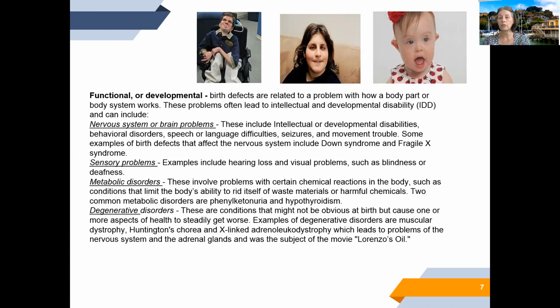Children can be born with hearing loss or blindness based on maybe intrauterine infection or TORCH diseases, the infections that cause congenital problems in children: toxoplasmosis, cytomegalovirus, herpes, syphilis during pregnancy. The metabolic disorders could be a child with something like PKU or hyperthyroidism, and if we don't identify that early, it can turn into a true intellectual disorder, because those disorders can cause developmental delay and loss of cognition in our children. And then degenerative disorders, where children may look normal and then through life they're going to have problems,